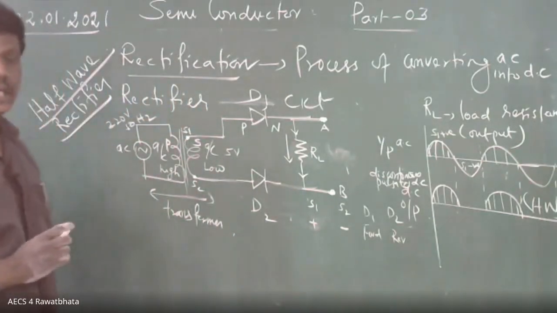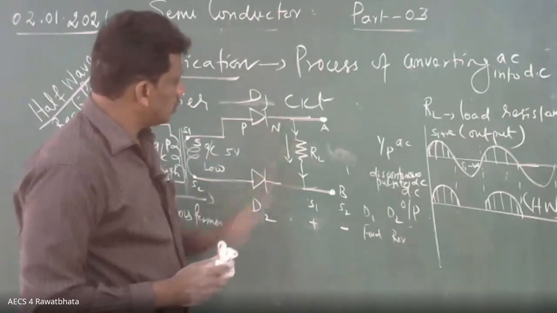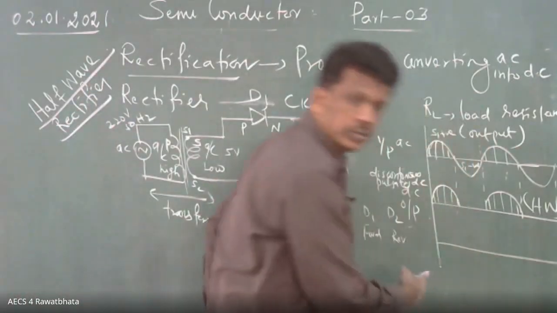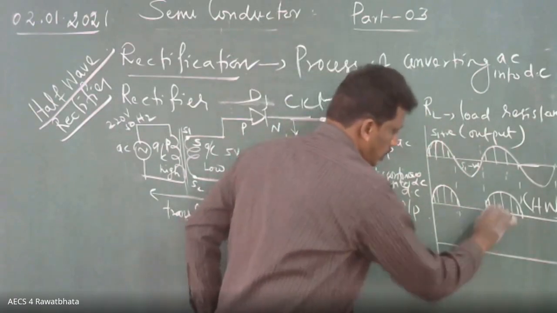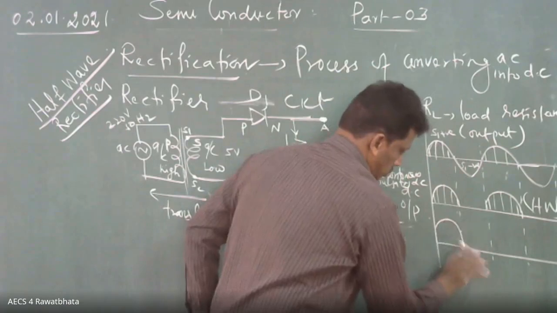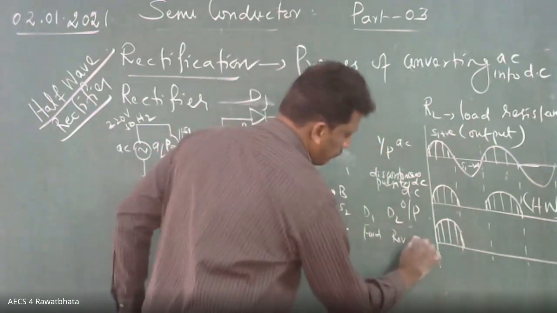But what's the problem here? Because of the direction, if it is here, then the opposite will come. Okay, let me check it. So now, visible? Yes. So you are getting the output here. Just for understanding, I'm making a difference. Okay, this is for the full wave